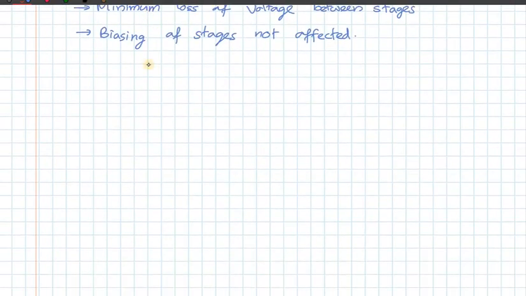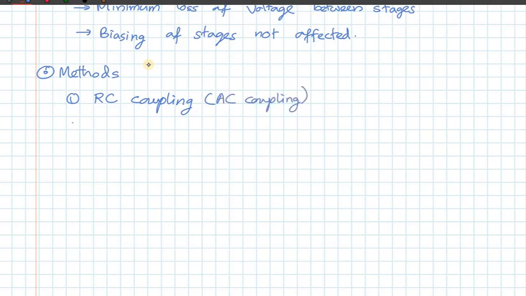So what are the methods? We are going to talk about four methods. The first one we looked at briefly already, which is called the capacitor coupling, or RC coupling, or you also call it AC coupling. Number two is direct coupling, that is without using any capacitors. The third method we call impedance coupling, and the fourth